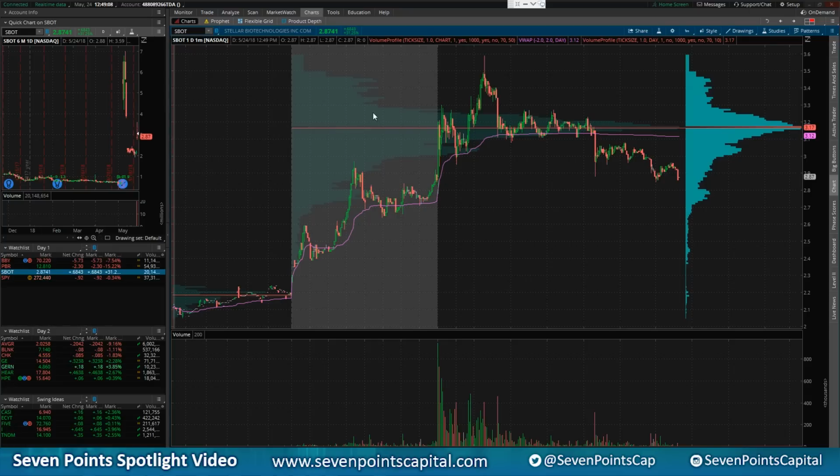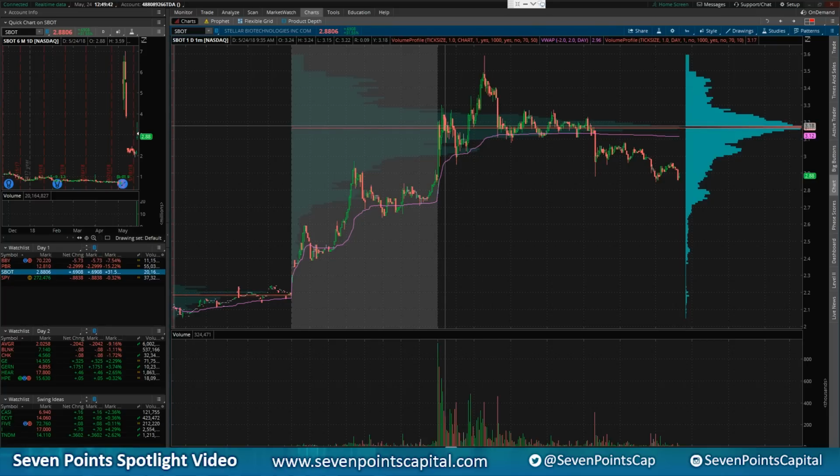SBOT, trash name, pre-market runner. We can see that it makes higher high, higher low over and over, runs up, starts to stall out here at $3 and goes sideways, and then gives one final push to 350, puts in serious volume, pulls back to support this consolidation, and then starts to go sideways. Now it's very clear that the volume profile to the right, spending a lot of time here at 320,